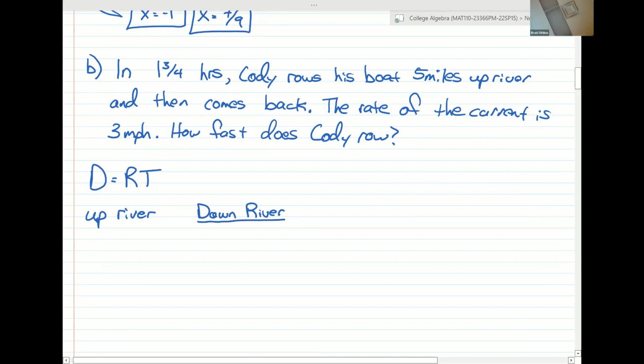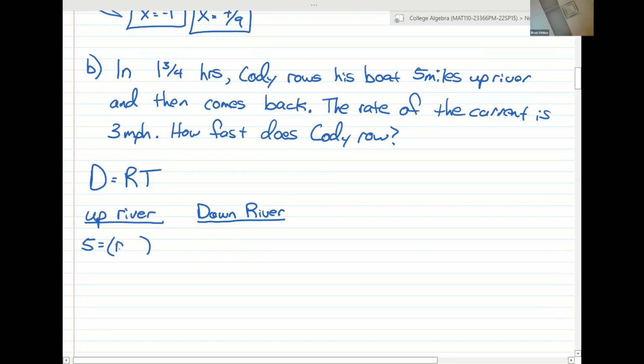You know that going downriver, we're going to go a little bit faster because the current's pushing us along. So it looks like up the river, the distance would be 5, and the speed would be whatever speed we're rowing. But if the current is 3 miles an hour, how are we going to adjust for that? What would be the speed going upriver if we take the speed that he's rowing